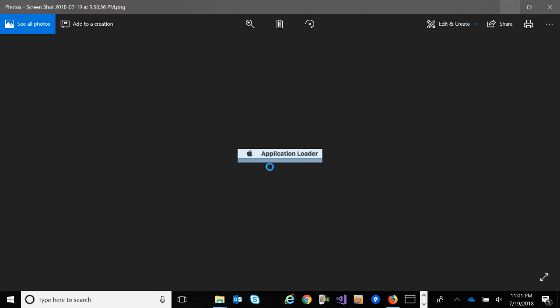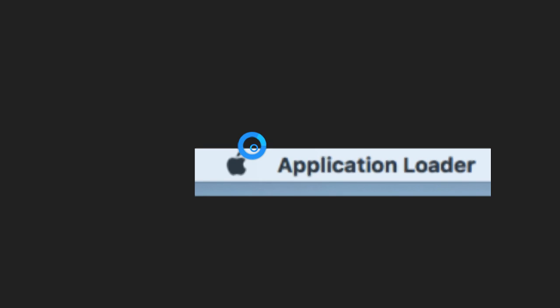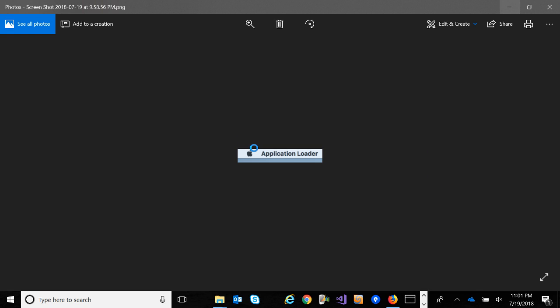There is a program called Application Loader on your Macintosh. So it's called Application Loader. Okay, that's the app you want to run on your Macintosh. It comes with Xcode, but you can get it separately. Okay, and then you're going to notice